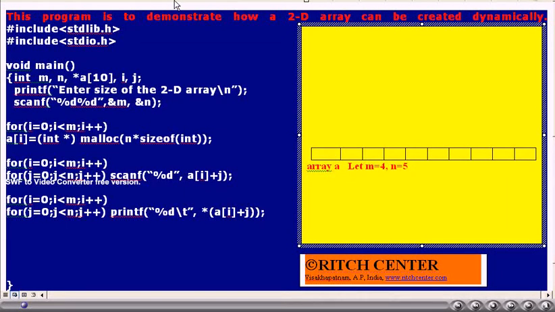Already we have got flexibility in creating a 1D integer array dynamically. That is, we can create a 1D integer array having any number of elements while the program is running. This one we wanted to use and create our 2D integer array.